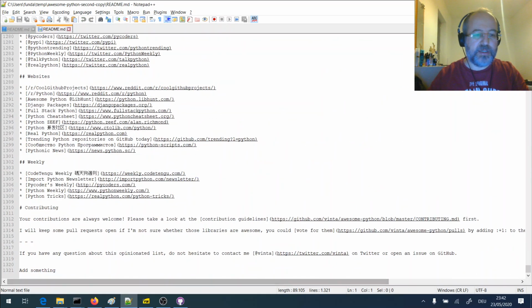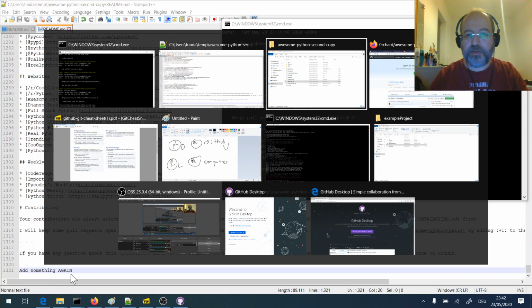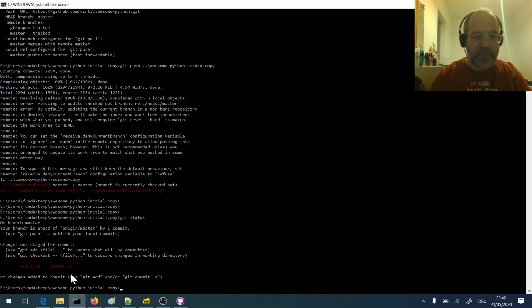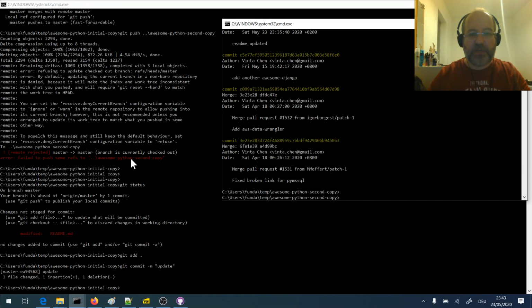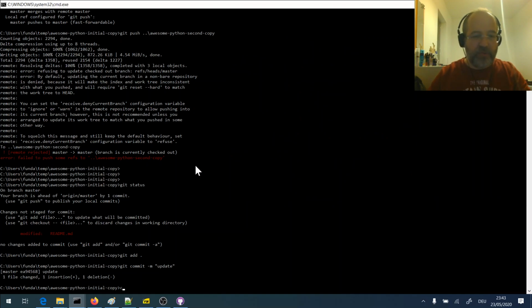And add something again. Okay, let's go to the first copy. This is the second copy. This is the first copy. Git status. My changes are here. Git add, git commit, update. Go to this second copy. Git status, git add, git commit, second copy update. Okay, from the first one, I am again trying to git push